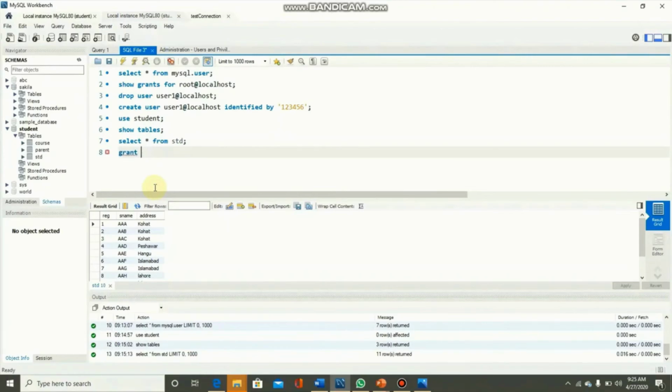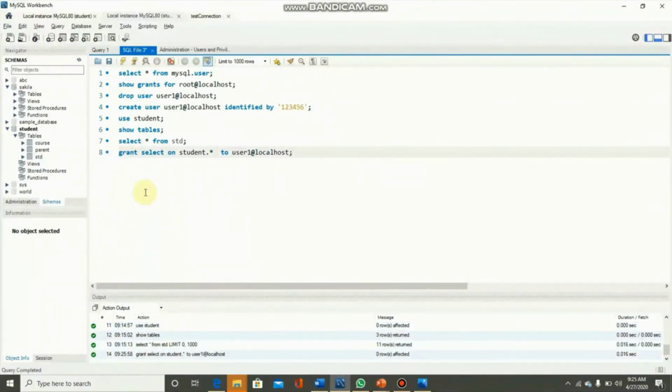So grant select on, the name of the database is student.star. Star means all the objects lying in student, to user 1, this was the name of our user, at localhost.